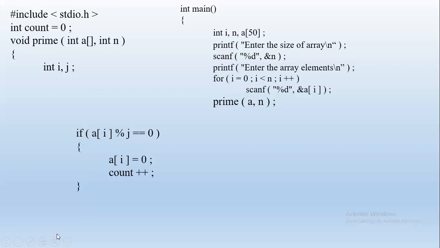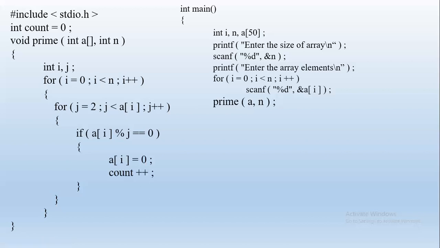It comes out. Now we have to increment. So what? J has to be incremented. But till where? Only till this value. We will not check divide 3 by 4, 5, right? We will check only till the value. So here A of 0 is 3, and when J becomes 3, the condition 3 less than 3 is false. This J loop will complete. Now I will be incremented. Okay, so 3 is prime number. So it is not changed to 0.